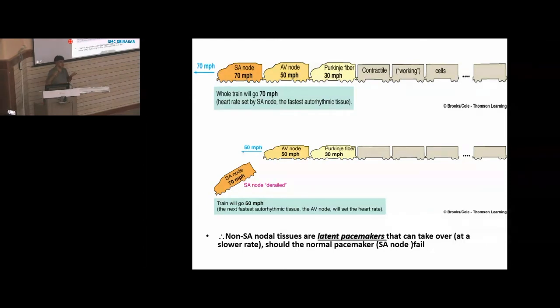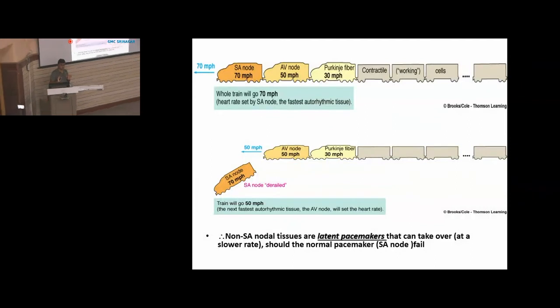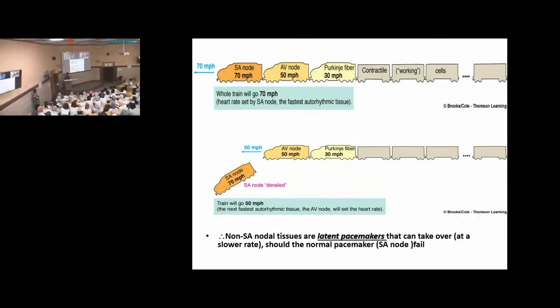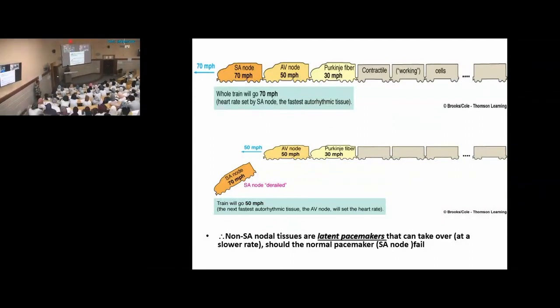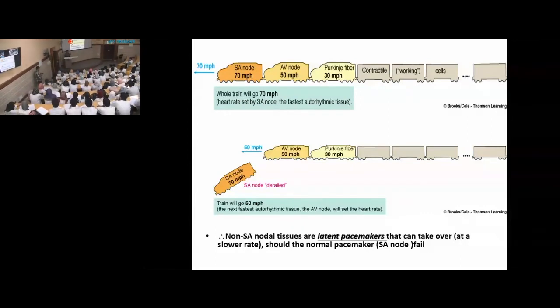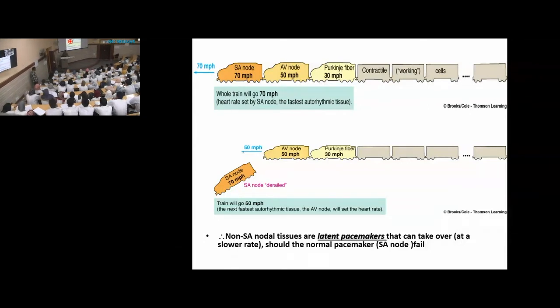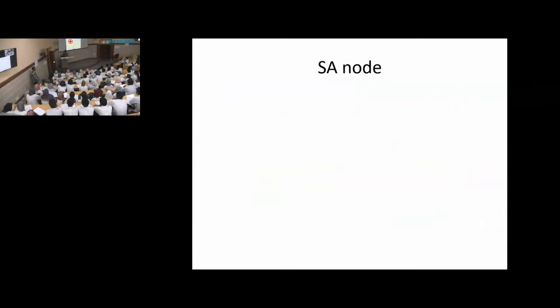If because of some reason this fails, then these latent pacemakers... why are they latent? Because they are quiet. When SA node is performing, these pacemakers are quiet, lying latent. But when SA node fails, these pacemakers can take over. Okay, now coming to the